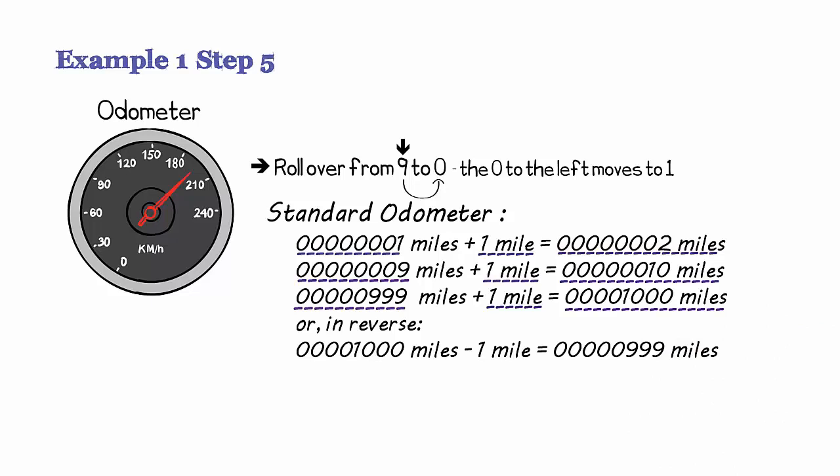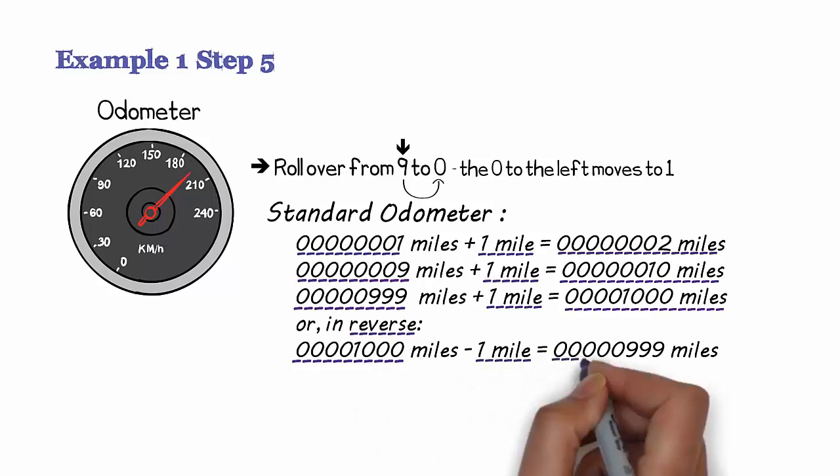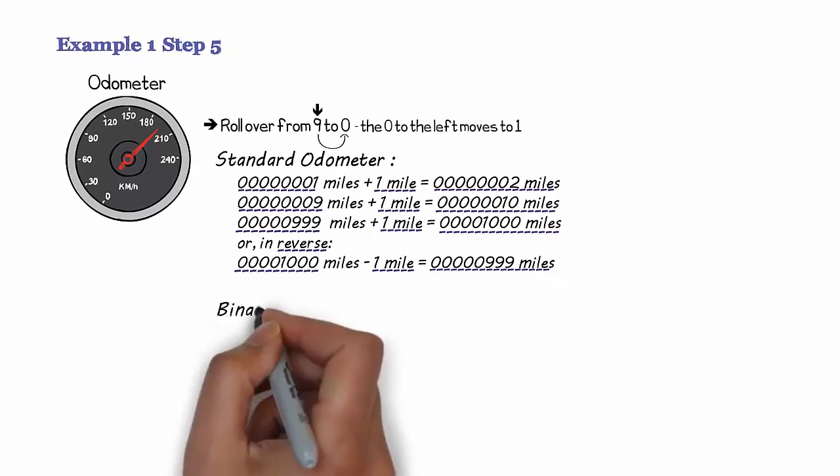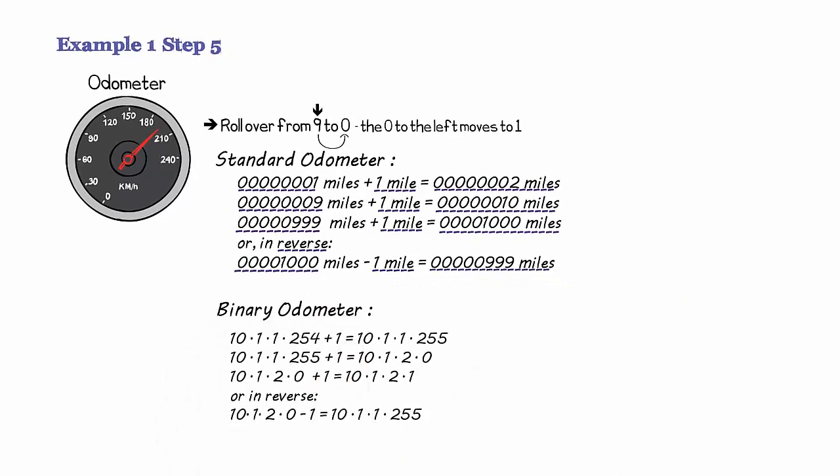Not that you would ever do this, but let's say you reversed the odometer. So you had 1,000 miles and you took 1 mile away, that would give you 5 zeros followed by 3 nines, in other words 999 miles. Now as an analogy, we have a binary odometer. If you had an IP address of 10.1.1.254 and you added 1 to it, the value would become